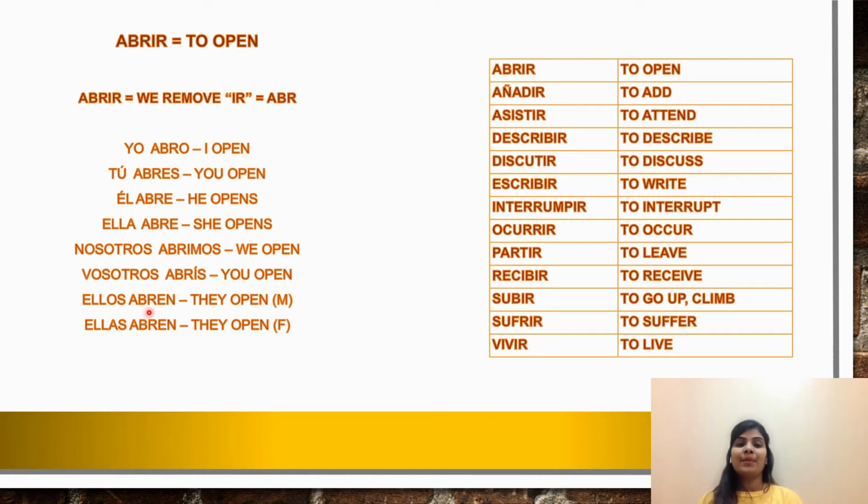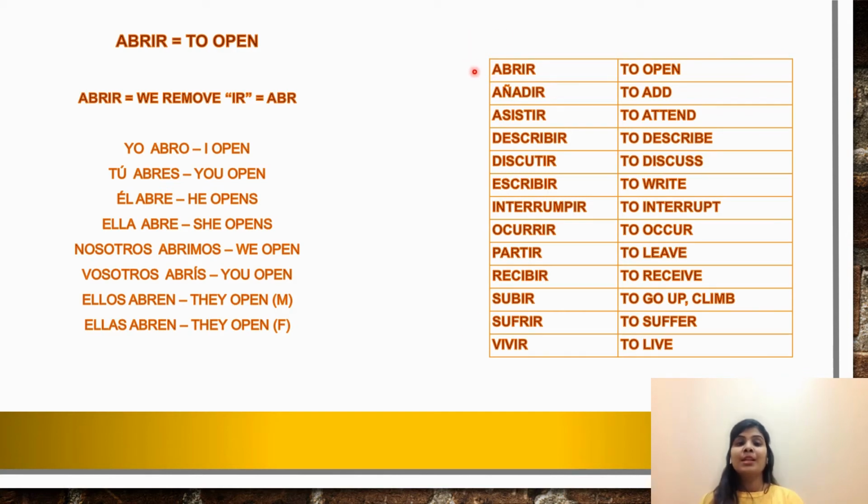Ellos abren. They open. The ending is EN here. Ellas abren. They open. Again, EN is the ending. Él, ella have the same ending. Ellos, ellas have the same ending. So I hope this conjugation is clear for you for the IR verbs, and here comes a list of verbs